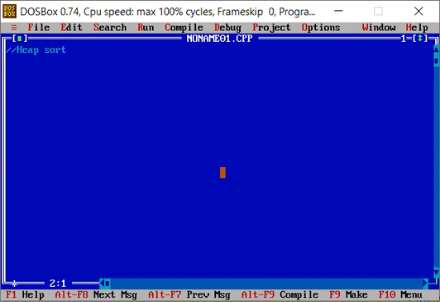So I'll write #include <iostream.h>, and then I'll write #include <conio.h>. Okay, then I'll start with the main function,